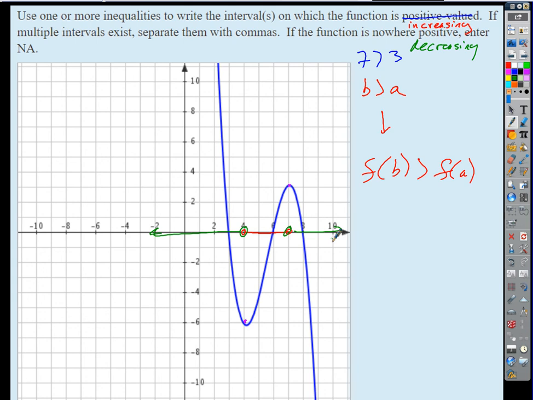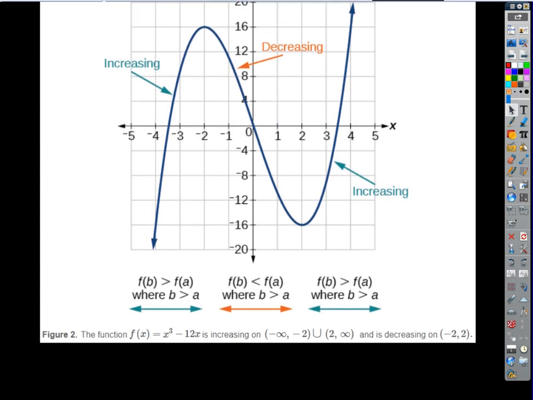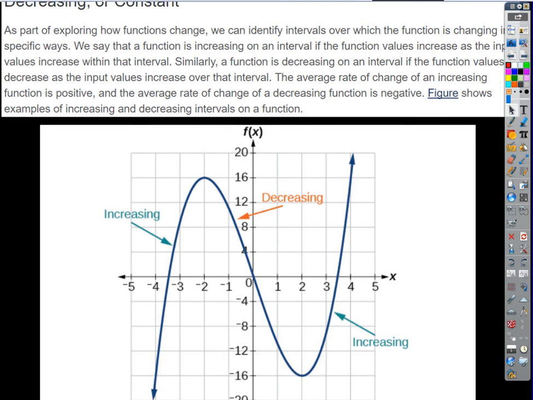Everybody agree? Okay. So in a little more formal language, this just summarizes what we just said. So there's a function. If b is greater than a, it's going to be increasing where f of b is greater than f of a, etc. Okay. Questions? Okay, so